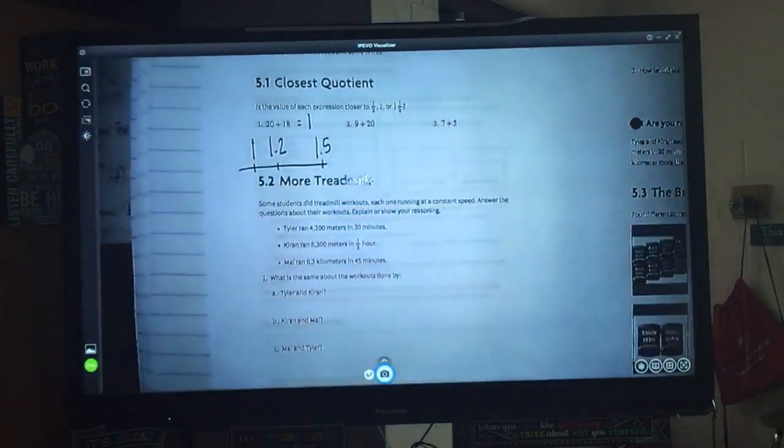All right, so 9 divided by 20. Stand up if you think this is closer to half. Okay, have a seat. Stand up if you think this is closer to 1. And then stand up if you think this is closer to 1.5. Okay. Question, did you do the 9 underneath the division house or outside? I did it both ways, but at first I did it outside of it. But when I did it inside, I got